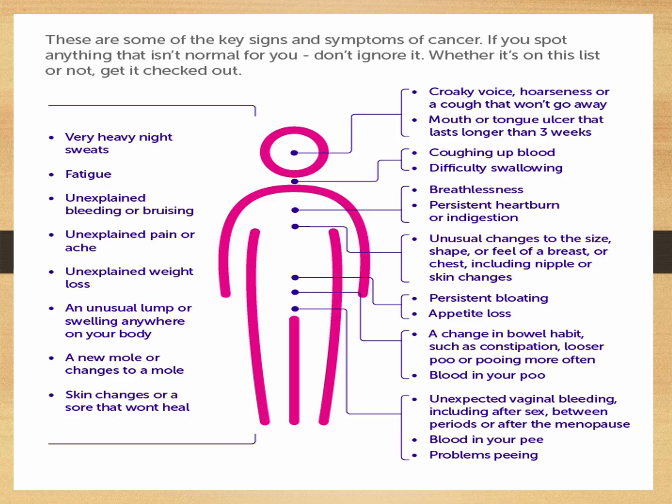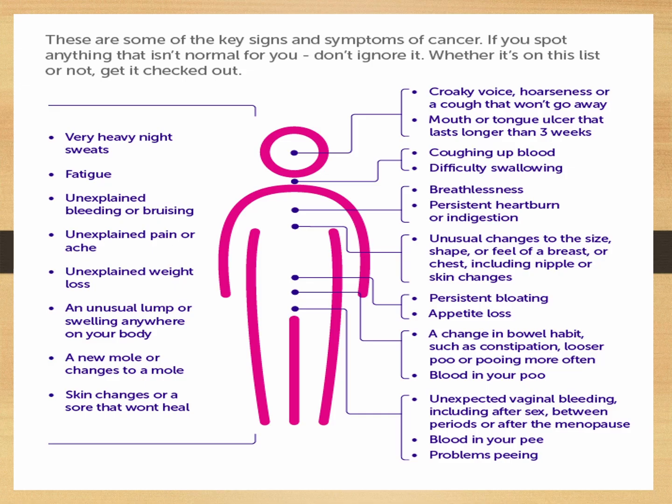mouth or tongue ulcer that lasts longer than 3 weeks, coughing up blood, difficulty swallowing, breathlessness, persistent heartburn or indigestion, unusual changes to the size, shape or feel of the breast due to breast cancer or chest, including nipple or skin changes, persistent bloating in the stomach, appetite loss, change in bowel habit such as constipation, looser poo or pooing more often, blood in your poo, etc. Then unexpected vaginal bleeding, including after sex, between periods or after the menopause, blood in your pee, then problems in pee,